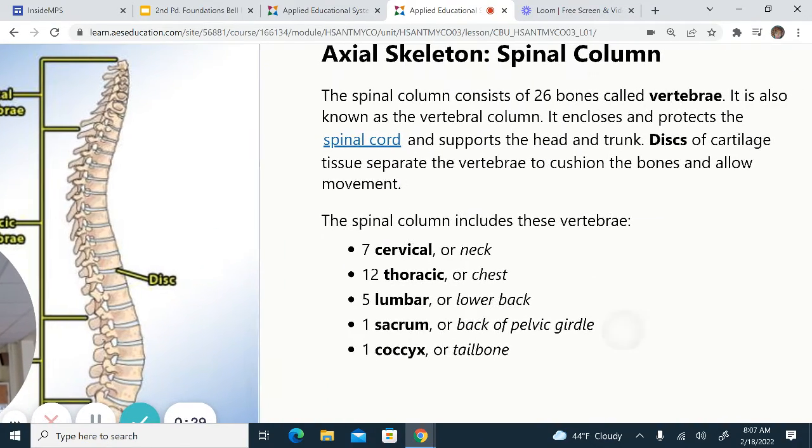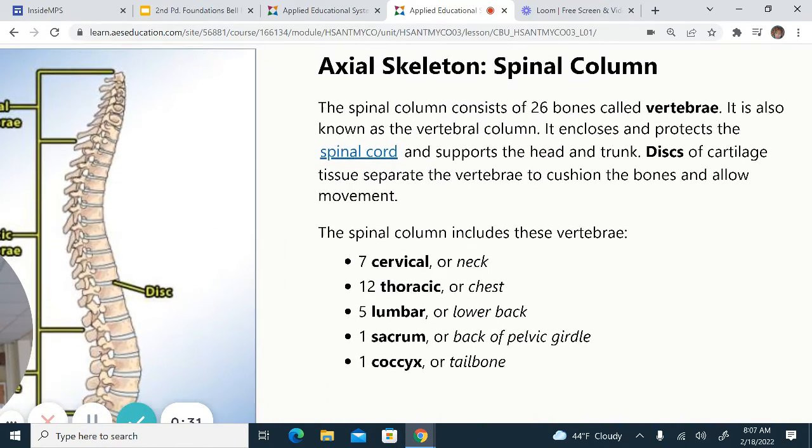All right. So now we're gonna look at your spinal column. So you need to know that the spinal column consists of 26 bones called the vertebrae. So if you look at your skeleton,